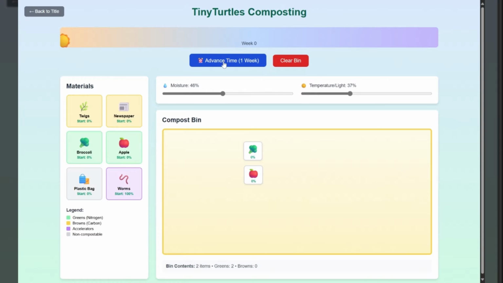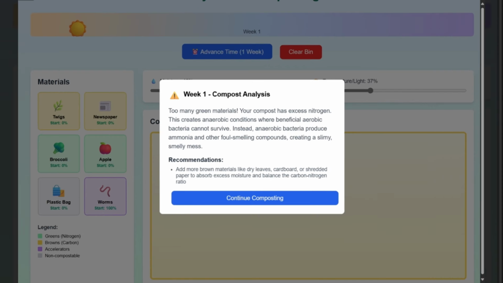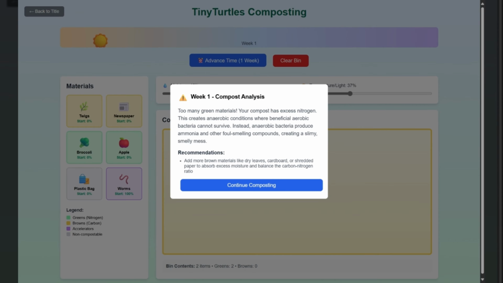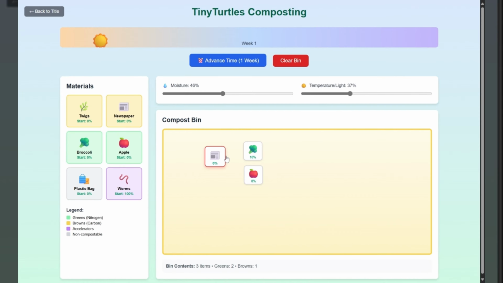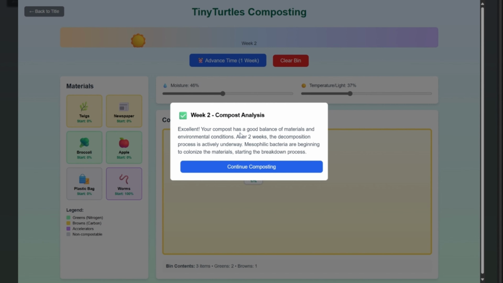Then they may advance time to see how efficient their composting is. Here we see that they get feedback saying that they have too many green materials and should supplement that by adding browns into the mix. This teaches students that to have a good, effective composting bin, they need to have a good balance of browns and greens. Once I've added this brown and advanced time, the feedback says that we have a better balance of